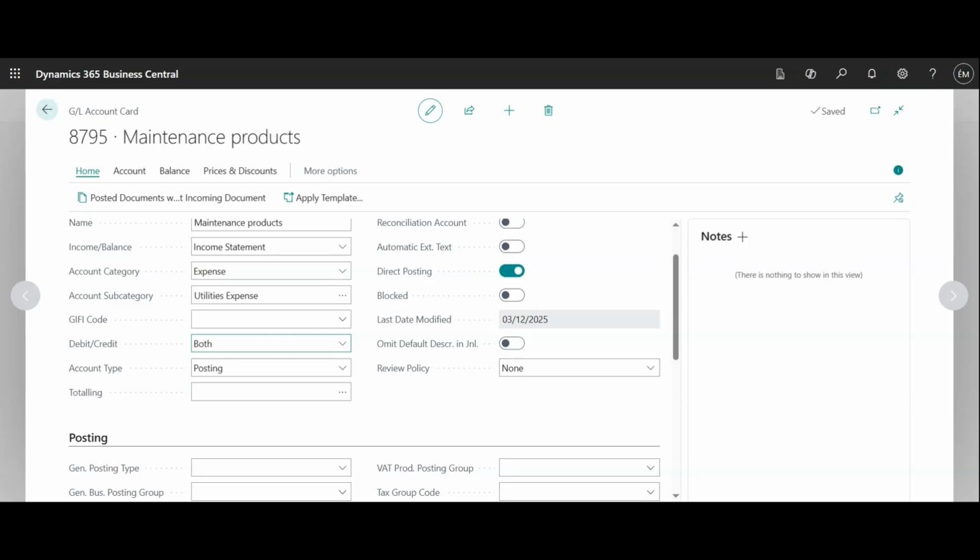This is what I was talking about earlier when it comes to account type, which is a very important field for you to add in Business Central when you create a new GL account. So you've got posting, heading, total, begin total, and end total. It's very important to clearly define what type of account you are creating right now because it will be put in a specific way when it goes into your chart of accounts at the end